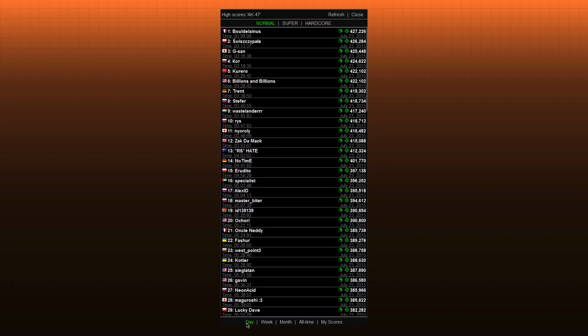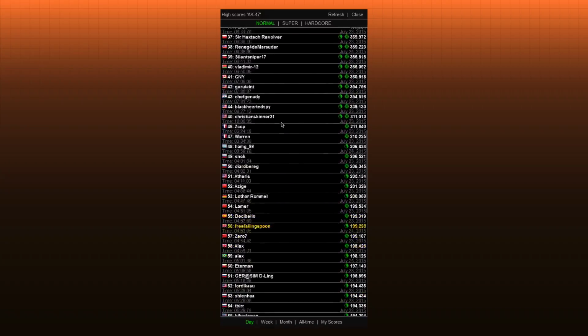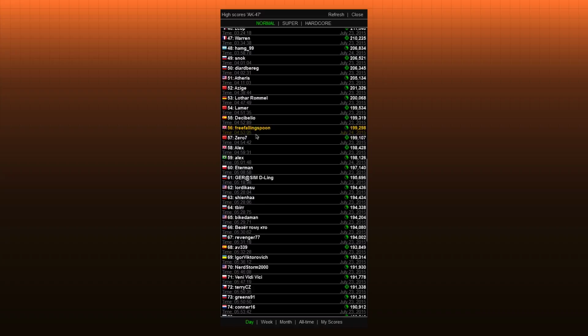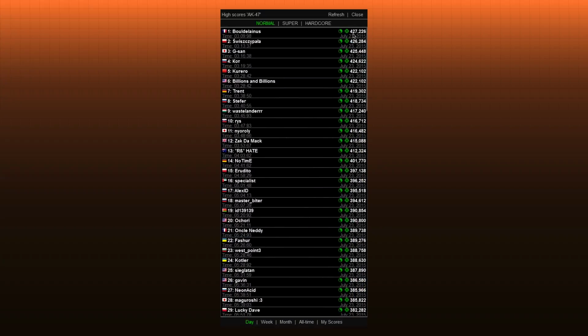So, it's only the scores within the day that you have to worry about beating to get the high score points. Okay, so this is in the normal game mode. It took me just under 5 minutes. Your points are multiplied if you get these achievements. So, just under 200,000. What do you need to win? Okay. So if I'd maybe been a minute quicker and got this achievement as well, then I'd probably beat that